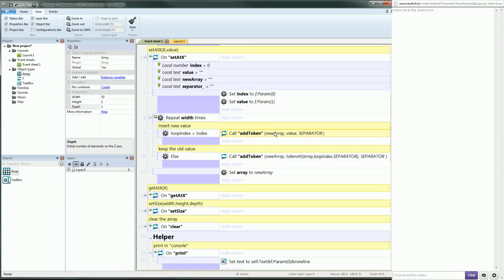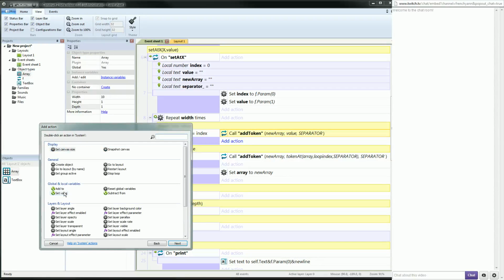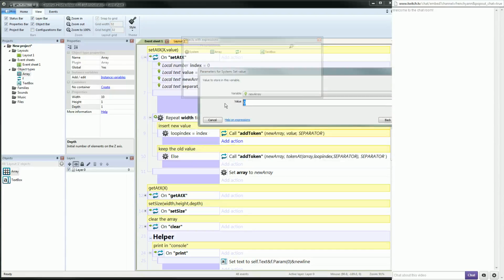But the return value, the result isn't put inside the new array since you don't have access to new array in the other function. It's returned by the add token, but I don't get the return value, so I didn't use it properly. What I should have done is set new array to